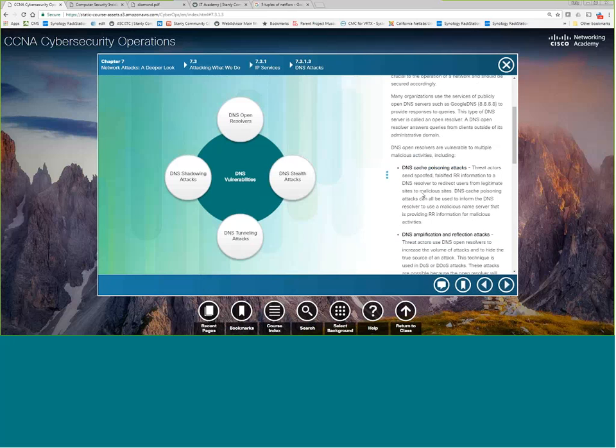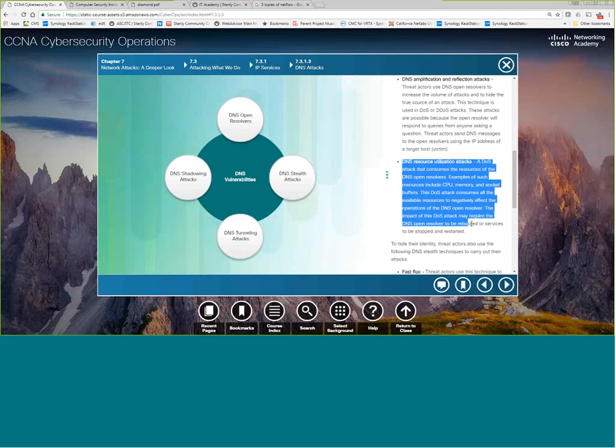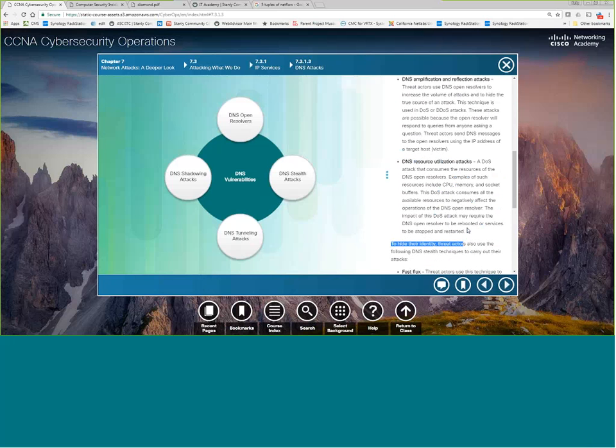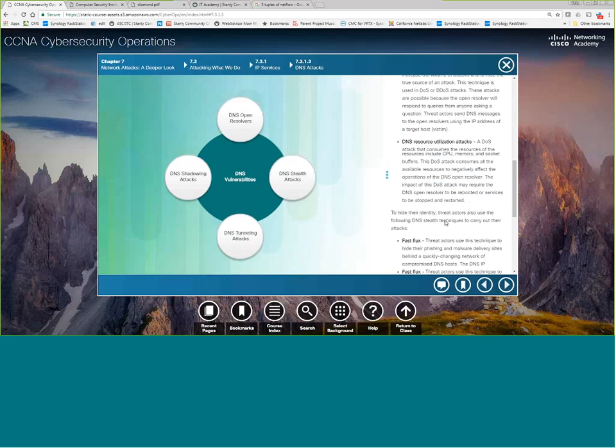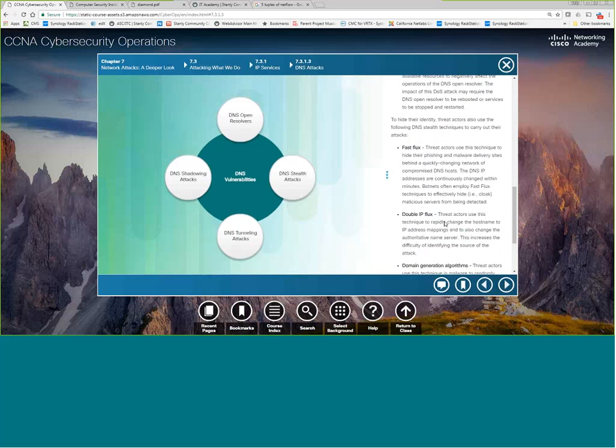Reflection attacks, utilization attacks, basically you've got to understand, all I need to do is shut down DNS and the World Wide Web stops, pretty much. Actually, everything stops because nobody remembers IP addresses for the most part. You might be able to get the 8.8.8.8 or 1.1.1.1 or something crazy, but you're not going to be able to get anything useful.